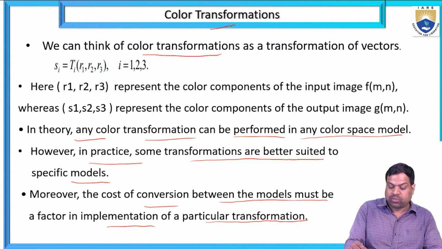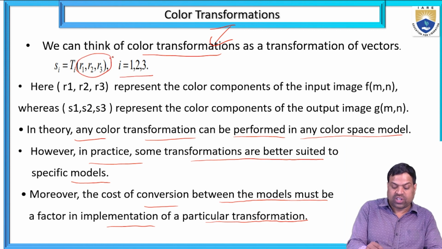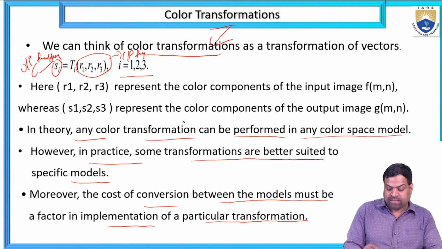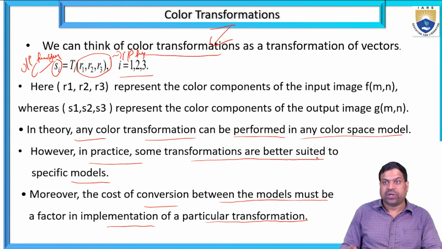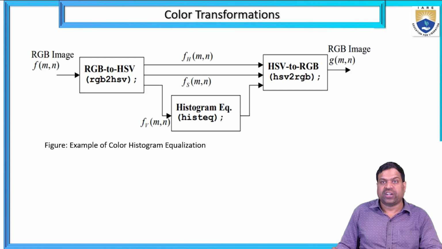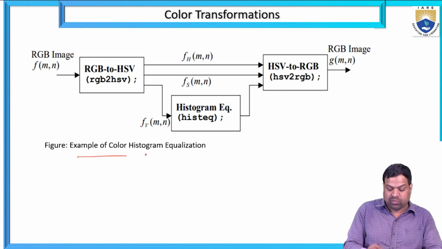So, in the color transformation technique, the transformation is Si equal to Ti of r1, r2, r3, where i equals 1, 2, 3. So r1, r2, r3 are the input function, Si is the output function, and Ti is the transformation function. In practice, the transformations are better suited to specific models, and the conversion between the models must be factored into the implementation of a particular transformation. So here is an example of color